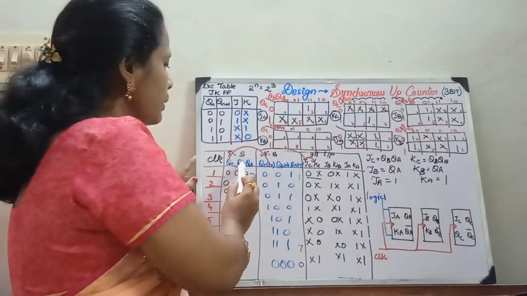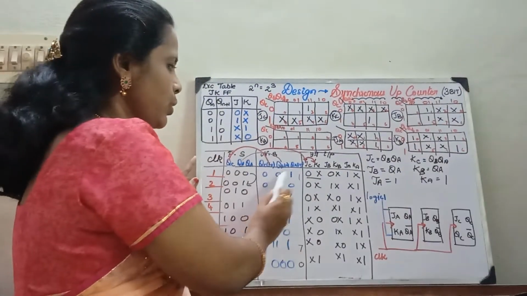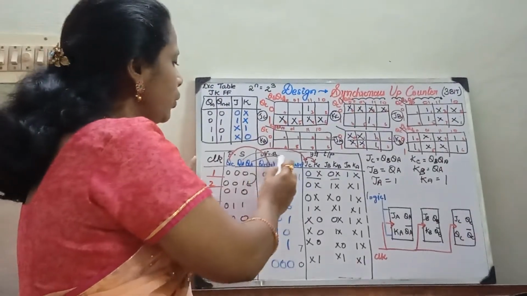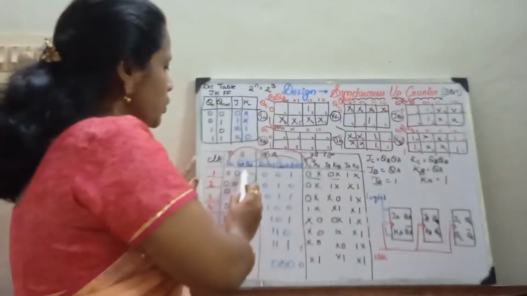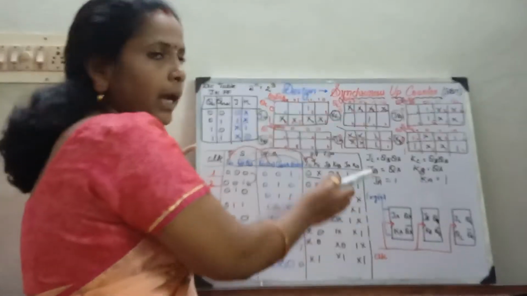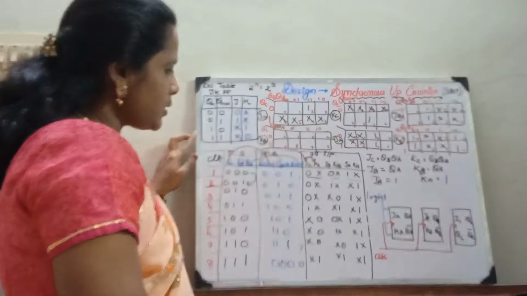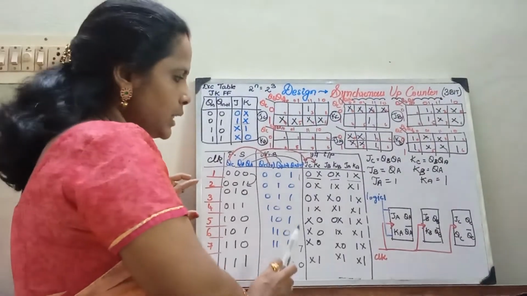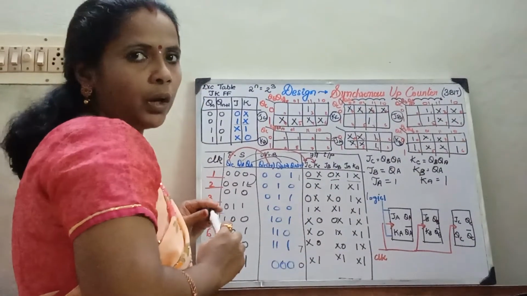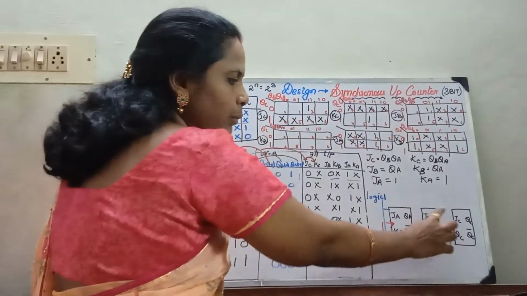Now if you want to consider QB and QB of t plus 1, this value is also 0, 0. So it is 0x. Now you compare QA and QA of t plus 1. So it is 0, 1. For 0, 1, it is 1x. In this manner, the entire table has to be framed. Once this step has been done, the next thing is you have 6 inputs. You are going to design a 3-bit counter. So I have just drawn the diagram for 3